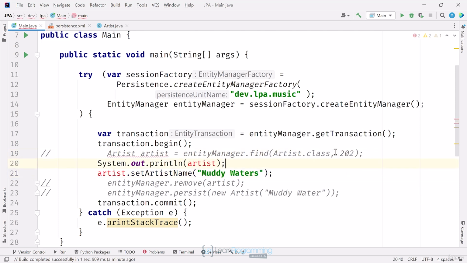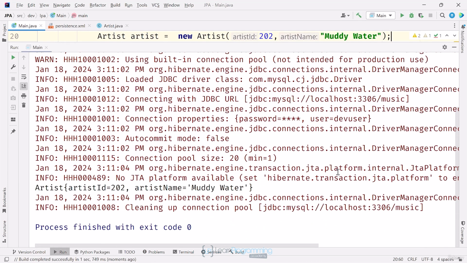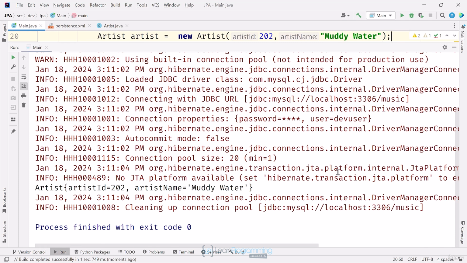I'll comment out the find statement and also the setArtistName method. Instead of calling find, I'll just create a new instance of artist using the constructor that takes ID and artist name. I'll pass 202, an ID I know is in the data, and the name Muddy Water. If I run this code the way it is, notice there's no generated SQL statements in the output. Nothing was persisted. I just have my output statement printed there with the new name, Muddy Water, but this wasn't